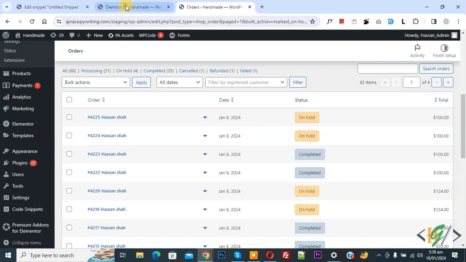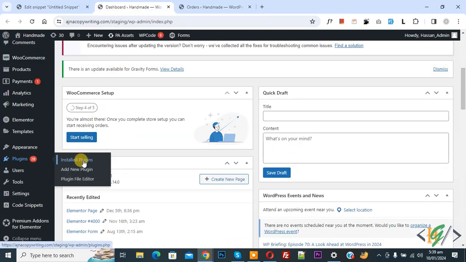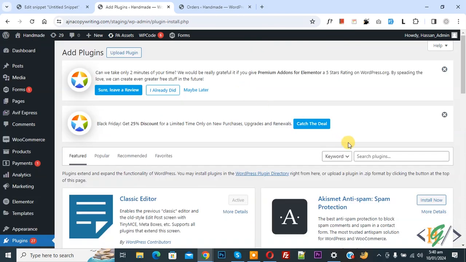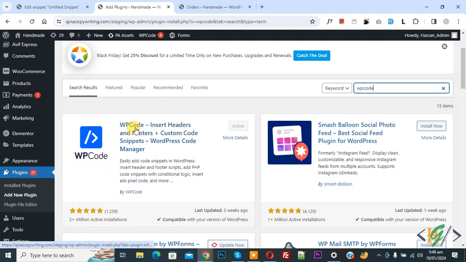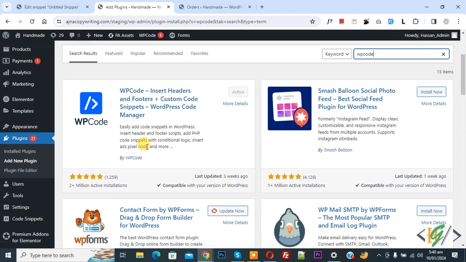Now go to the dashboard. On the left side you see Plugins, so click on Add New Plugin. Then in the search plugin, write WP Code. So this is the plugin WP Code Insert Headers and Footers, we will use. You will install this plugin and activate it, and after activation on the left side you see Code Snippets, and